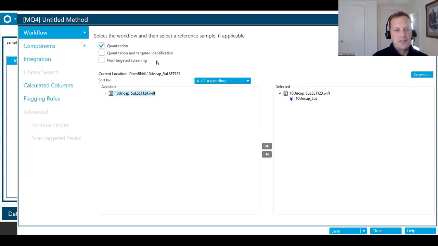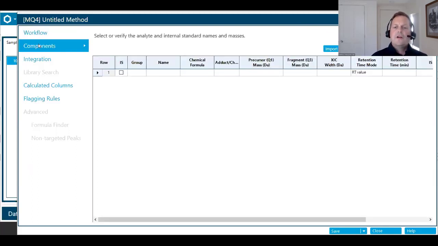And as you can see, you can develop a method by just walking through these different features here on the left. Click on the components tab. And this is where I can start defining components. This default components